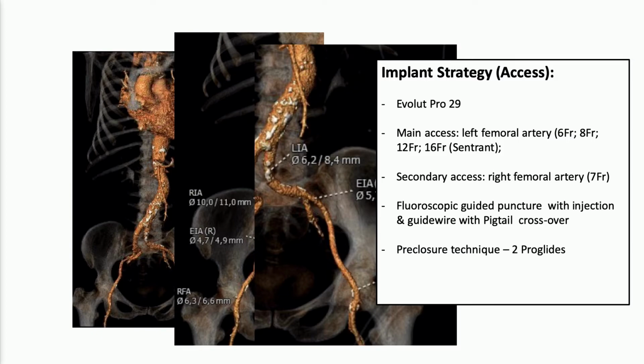So we used in this case a fluoroscopic guided puncture. We usually have a pigtail, a crossover, and we do an injection and also put a guide wire to help us determine the puncture site, and a pre-closure technique with 2 ProGlides. So this was the injection done through the right femoral with the pigtail to help guide our puncture site, and